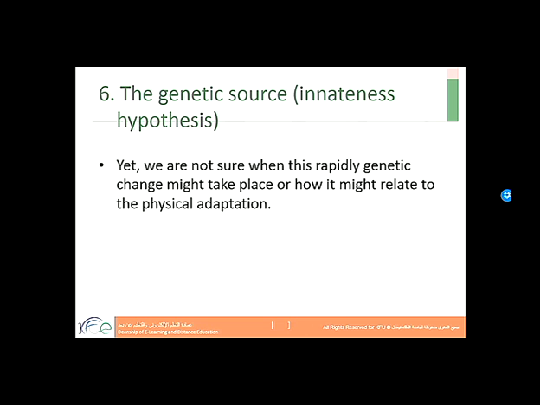Yet we are not sure when this rapid genetic change might have taken place. This is still a big question nowadays. We don't know how this rapid genetic change in children's development of language happens or might take place, and how it might relate to the physical adaptation.